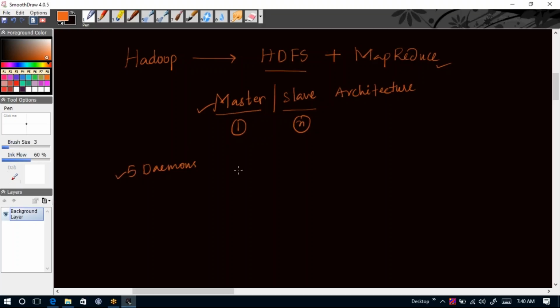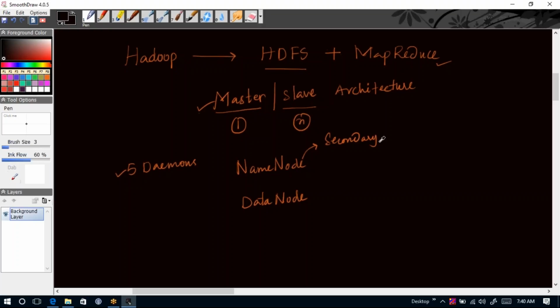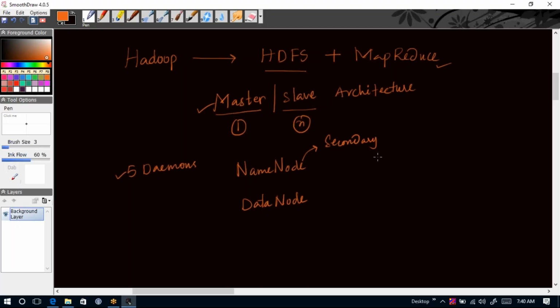We have 5 daemons. They are called name node, then we have data node, a backup to the name node called secondary name node, then we have job tracker, then we have task tracker. These are the 5 daemons we have,